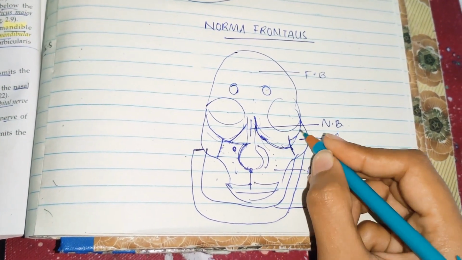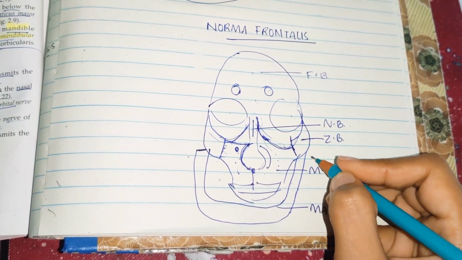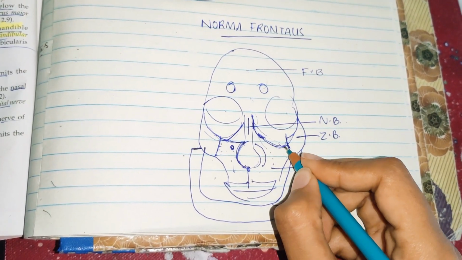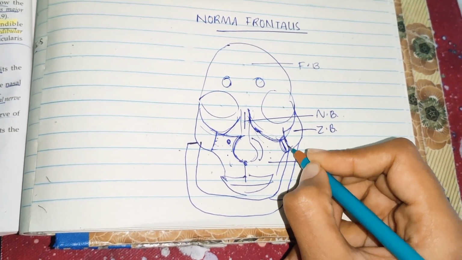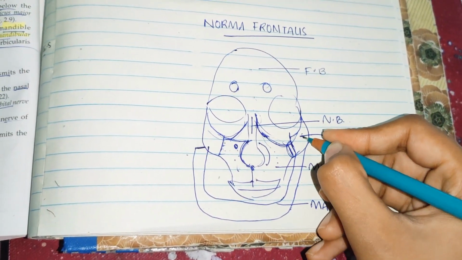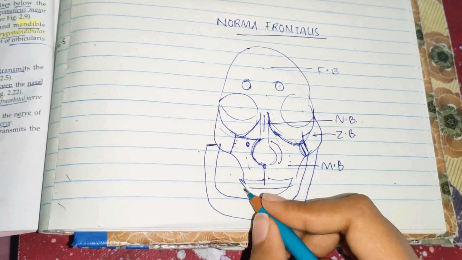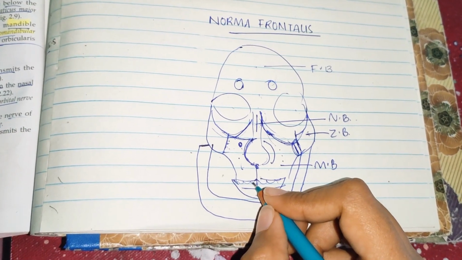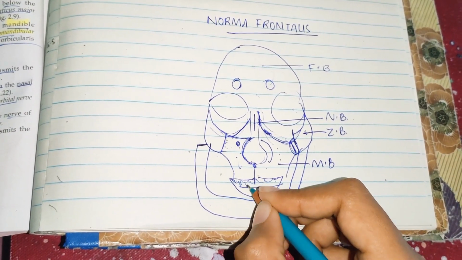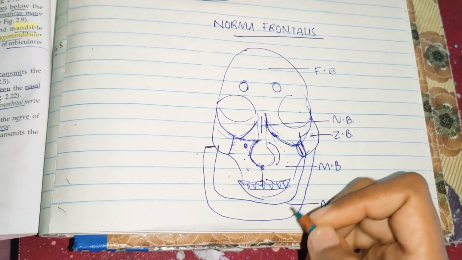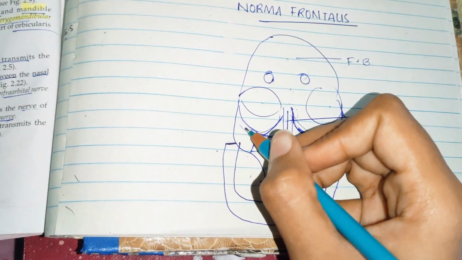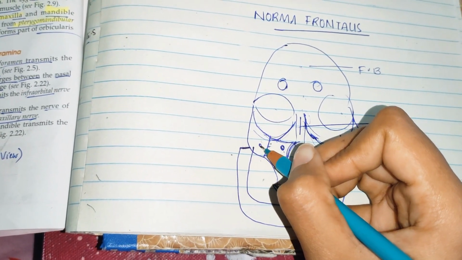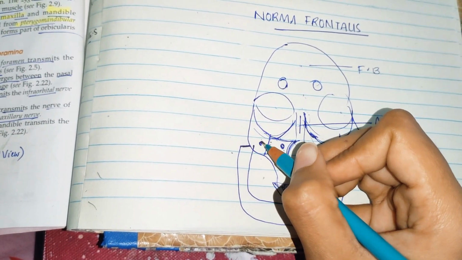Now coming to the zygomatic process. The zygomatic process of the maxilla is short, stout, and articulates with the zygomatic bone. This process till here is called the zygomatic process. Now coming to the alveolar process, it is for the teeth. It looks like sockets. The alveolar process of the maxilla bears the sockets of the upper teeth. Now coming to the zygomatic bone, here you will see clearly. The zygomatic bone forms the prominence of the cheek, and it also has a foramen called the zygomaticofacial foramen.